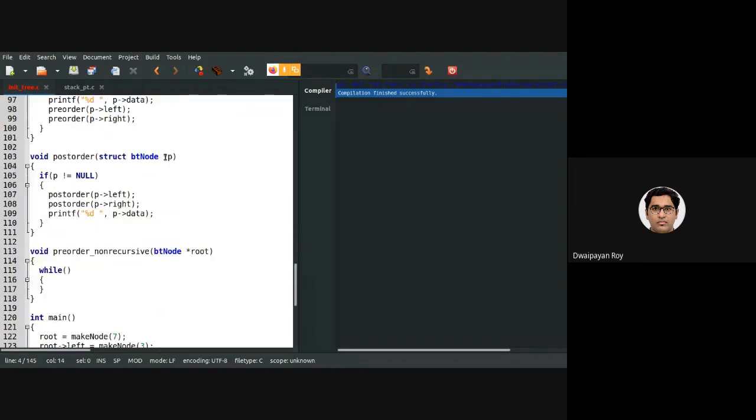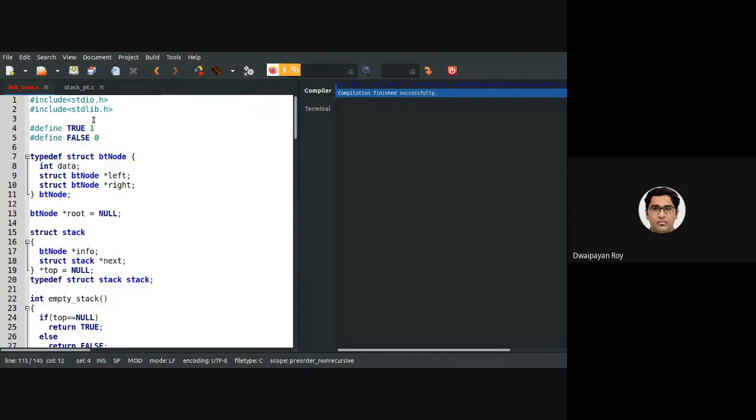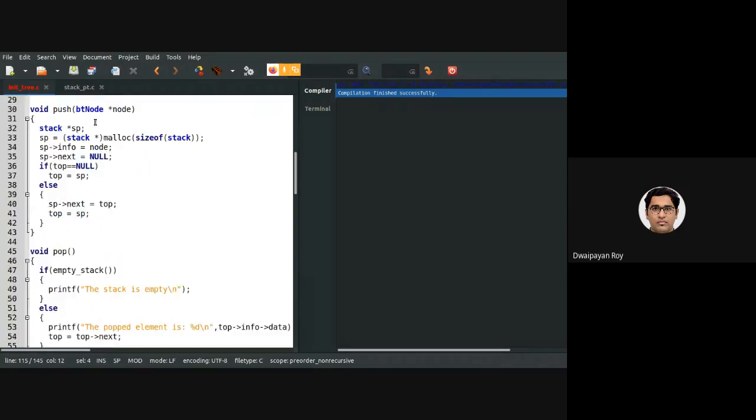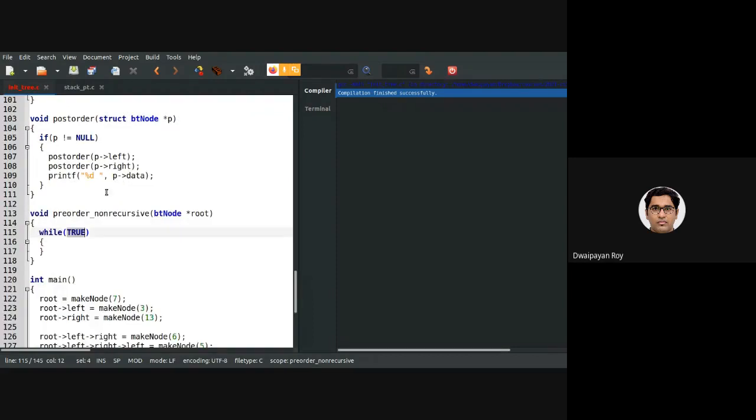We can use this true here, or we can use a simple 1 here as well, because while pre-processing, this true will be replaced by 1, as I have defined this macro. Okay, so let's move ahead.